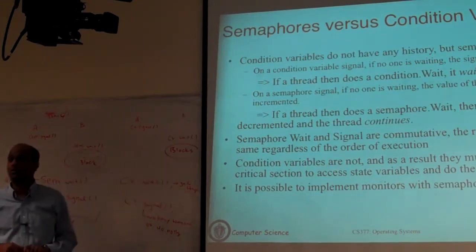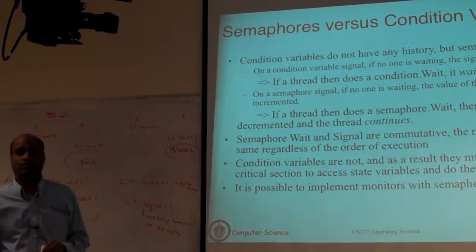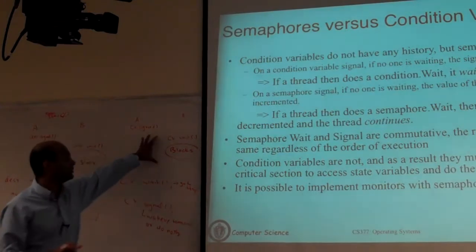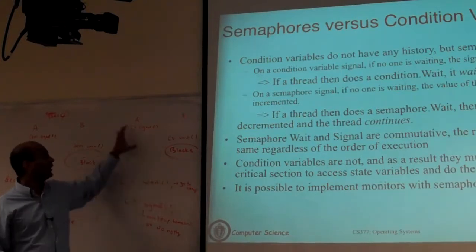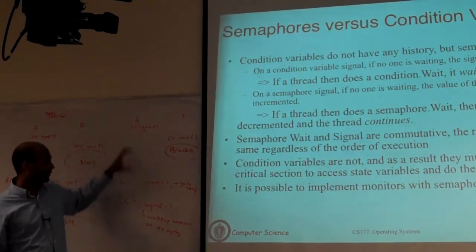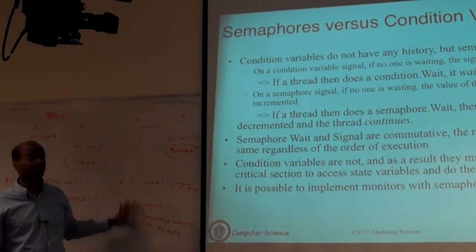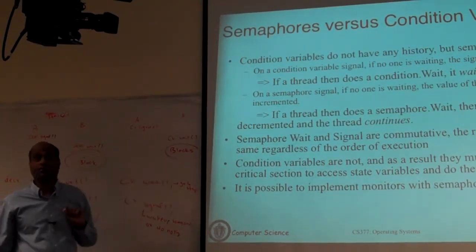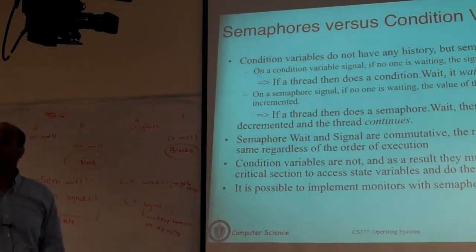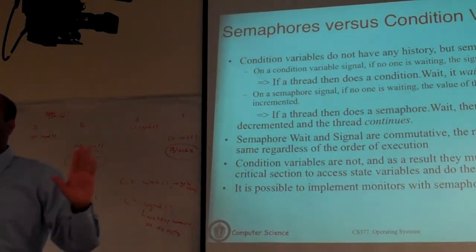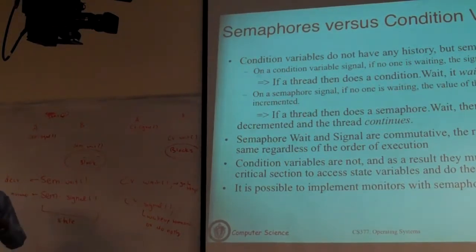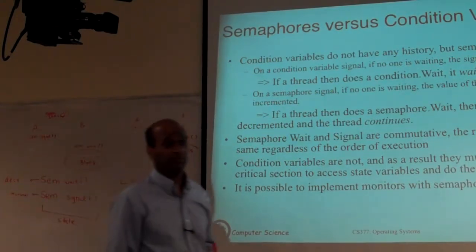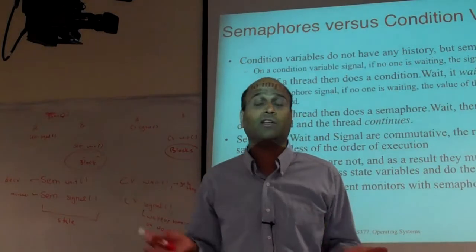Okay, what happens here? You will call this first. It goes onto the sleep queue. You will block because wait always blocks. And then you call signal, and signal says wake someone up if somebody is asleep. So A will wake up B. So if you swap the order, the two behave identically. The thread that calls wait is going to block, and the other thread that runs signal will unblock the first thread. But in the other order, you get different behaviors. So in one case they work the same way, in the other case they work differently.